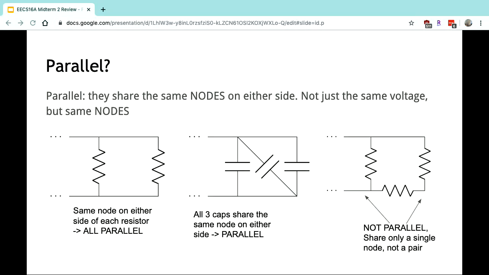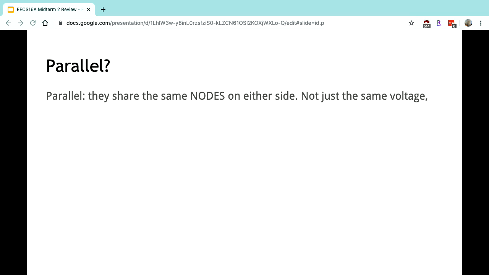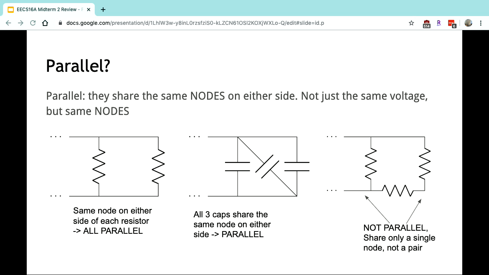Okay, so next let's talk about when things are in parallel. We know that things are in parallel if they're connected to the same two nodes, on both sides. Not just one side, but both of the sides. So this example over here shows two resistors, and we know that they're in parallel because they're connected to one node here, and they're also connected to the same node at the top. What about these guys? These are also in parallel, right? Even though this capacitor in the middle looks kind of funny, if we think about where the nodes are, this whole bottom wire is all the same node, and the whole top wire is all the same node. So these three capacitors are all in parallel.